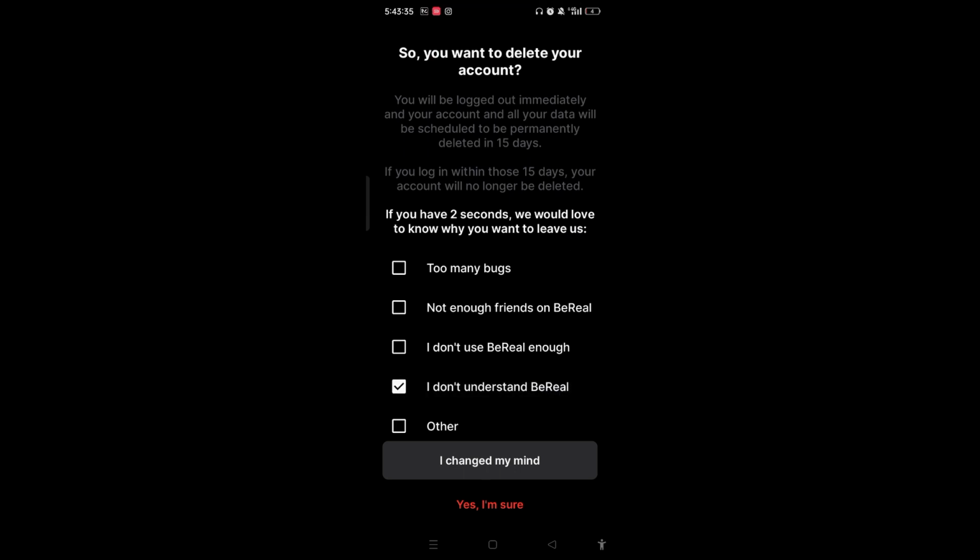But before that, if you change your mind, then you can easily log in within the 15 days and your account will no longer be deleted. But if you want to delete your account permanently, then don't log in to your account in those 15 days after